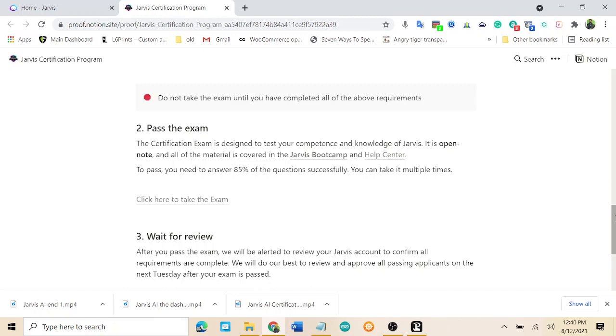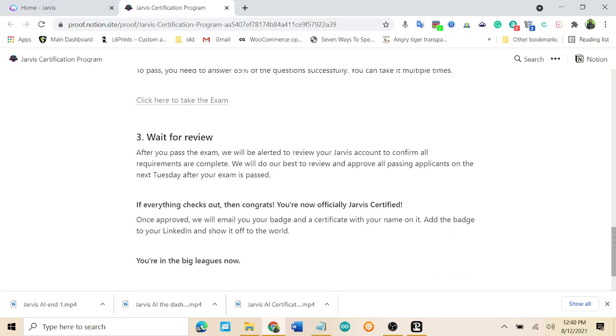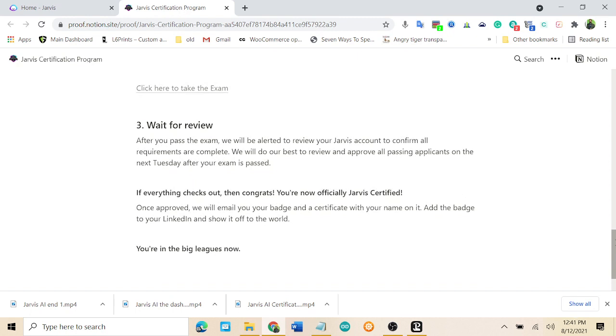So to pass, you need to answer 85% of the questions successfully. You can take it multiple times, and then you wait for a review. So after you pass the exam, they're going to be alerted that they're going to need to review it. And once they confirm everything's complete, they go through all passing applicants on the next Tuesday after your exam is passed. So after that, if everything checks out,